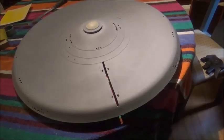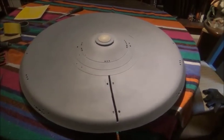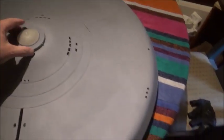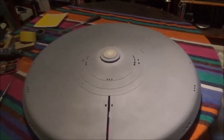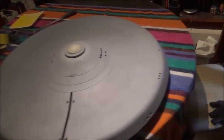Alrighty, now this is where we're going to stop for today, but I've got all of the windows bored out, and again, a little oversized so that I can close them down with the masking, but they're all cut in. This is not glued down, but I wanted to show you what it looked like. Now, all windows cut out, and first coat of the primer sealer on it, and checked a couple different sources,